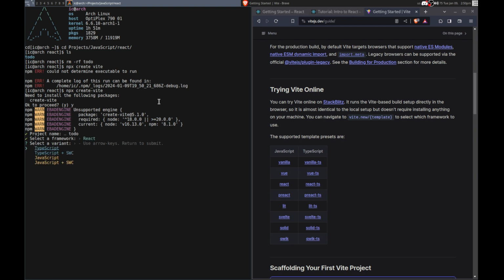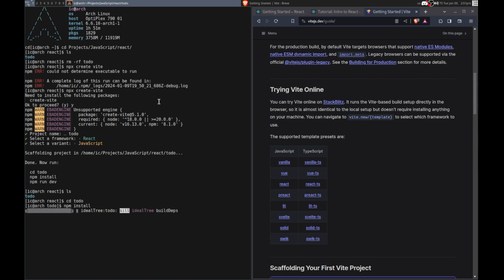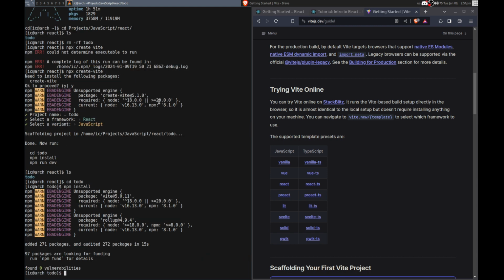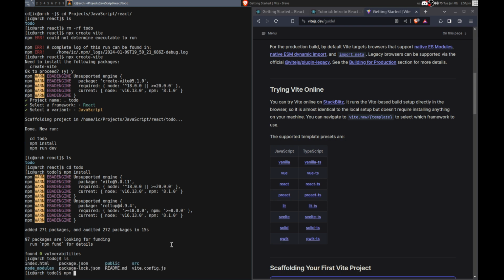What is Preact? Use React. So this is basically just another layer of abstraction on top of React. I'm going to use JavaScript because I don't know TypeScript and I don't want to. Okay, so now it's going to actually install. SWC, I don't know what that is. Whatever. I don't really know a lot about this. I have not used it in quite a while, and I'm not really trying to learn. I'm just trying to get out of the way so I can do other stuff. All right, that was a bit faster. Still 271 packages though. That seems like more than it needs to be.